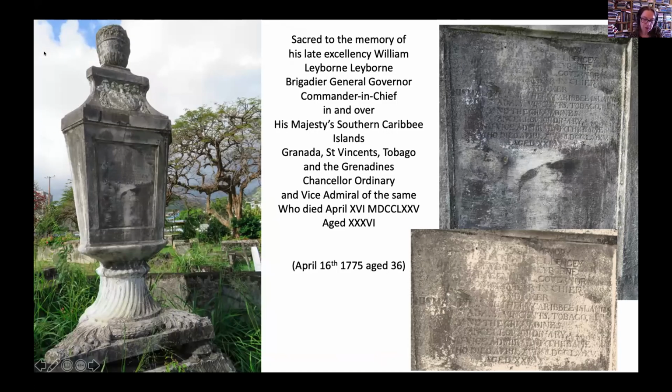Now, this memorial is typical of a very wealthy, high-status individual. It's large, atypical in design, and costly. It's clearly imported and displays the Grecian style of the memorial typical of the late 18th century. Perhaps, though, what's unusual is that this is a memorial only. There's no body here. Leyburn died in Grenada, and this memorial commemorates his social roles and his governorship of this